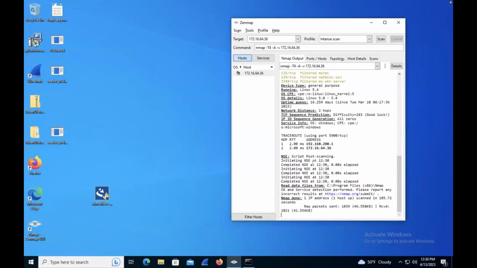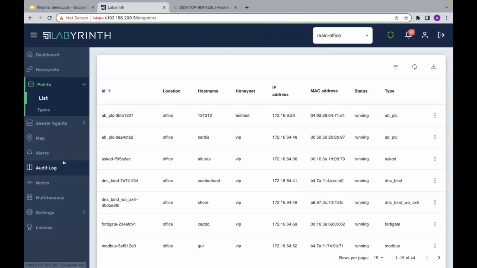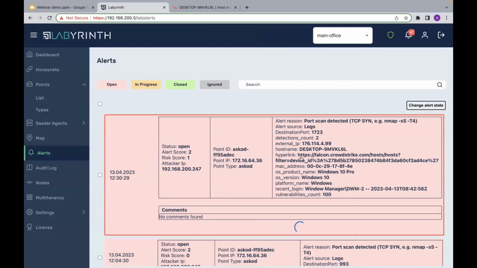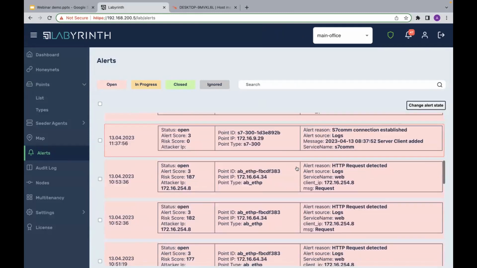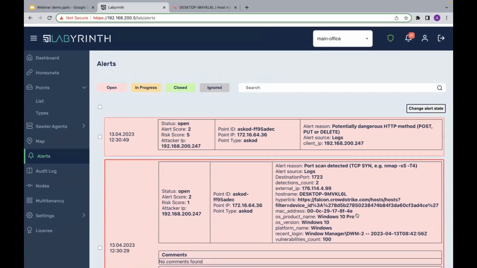And the scan is done. We can see data about our ports. Let's see whether we have something in Labyrinth, and we immediately get an alert. And as you can see, it is much bigger. Let me show you how it normally looks. You see it's much smaller, and using